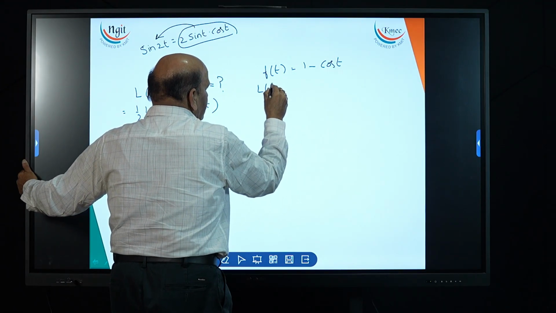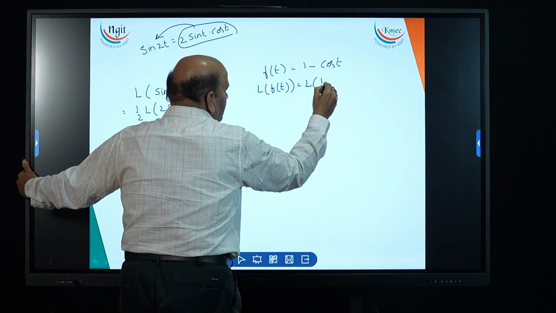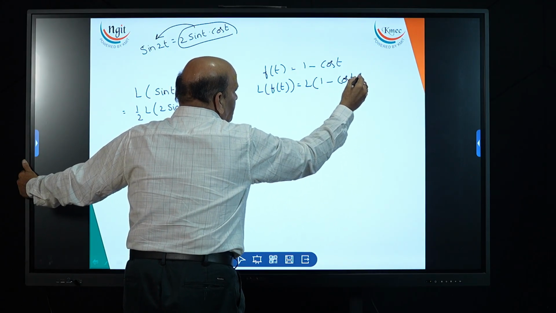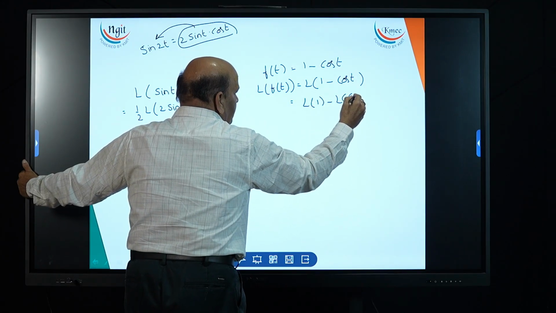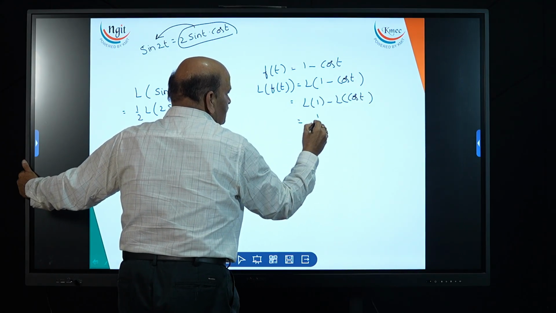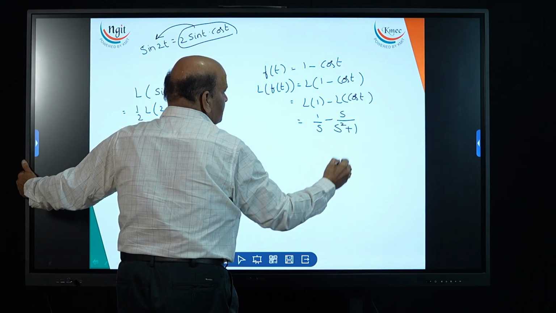What is L of f t? L of f t means what? L of 1 minus cos t. That is equal to L of 1 minus L of cos t. L of 1 equals 1 by s. Cos t means s by s square plus 1. Now just look,